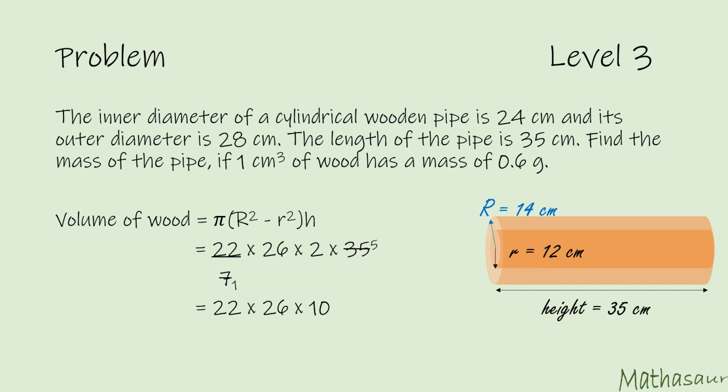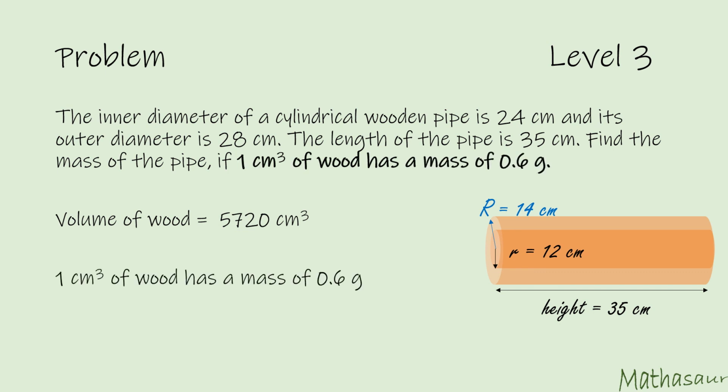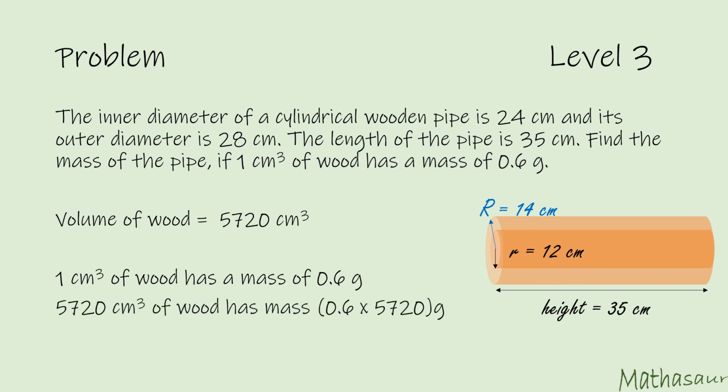In calculations, it is a good idea to club numbers together that give us easier multiplications. Now we are given that 1 cubic centimeter of wood has a mass of 0.6 grams. Applying unitary method,